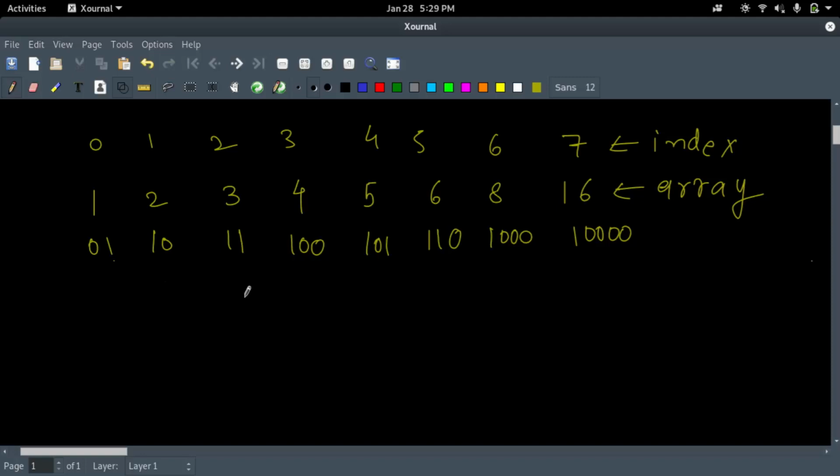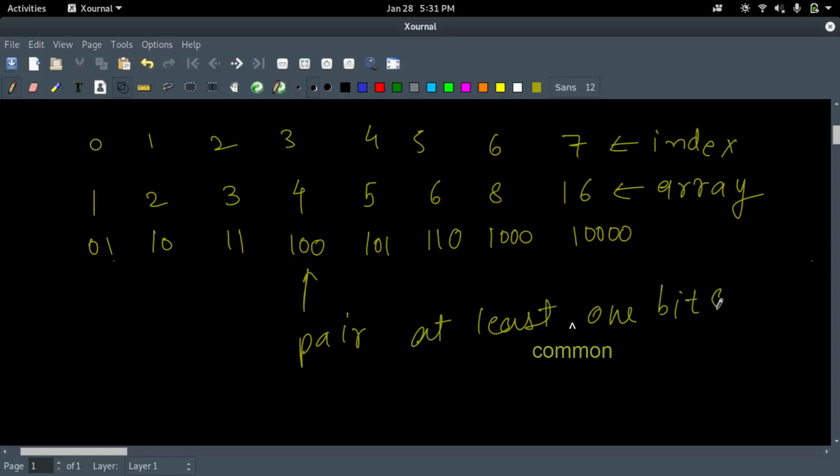So you need to have at least one common bit set in two numbers to have their bitwise AND greater than 0. We have to do some pre-computation here so that we can answer queries much faster. What kind of pre-computation can we use here? We will make an array, and for each element we will store the closest pair which has at least one bit set. Means for 4, the closest pair which has at least one bit set is 2 and 3,